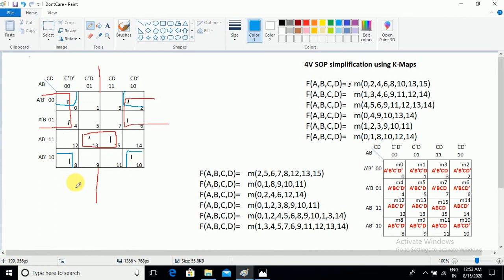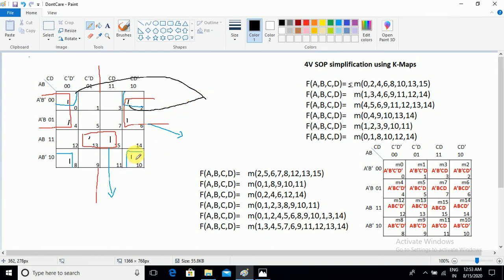Always the corners create the 4 cell grouping. Only one 4 cell grouping is possible by the corner grouping. Okay, now let us write the answer for this group. This is a 4 cell grouping. In this 4 cell grouping, who are common? This is a 2 cell grouping, and this last one is the corner mapping. Okay, for corner mapping also we have to write the answer.